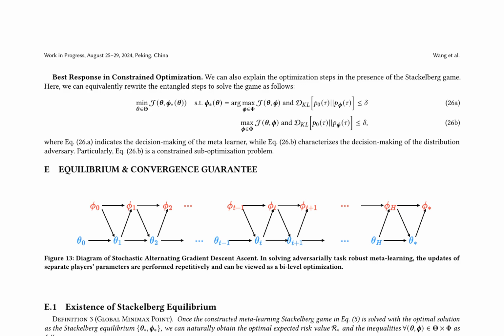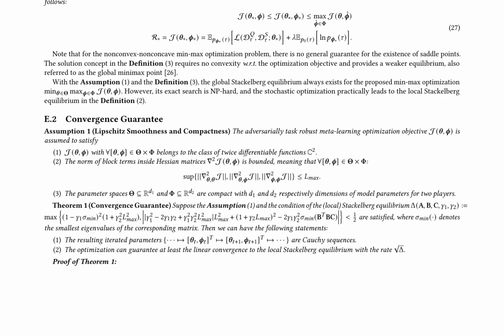The global minimax point represents the optimal solution for the meta-learner, which is robust against the worst-case perturbations by the distribution adversary. The convergence guarantee of the optimization algorithm is ensured by the Lipschitz smoothness and compactness of the optimization objective. Specifically, the theorem states that under certain conditions, the algorithm converges linearly to the local Stackelberg equilibrium. The conditions include the boundedness of the input space, the Lipschitz continuity of the loss function, and the step size